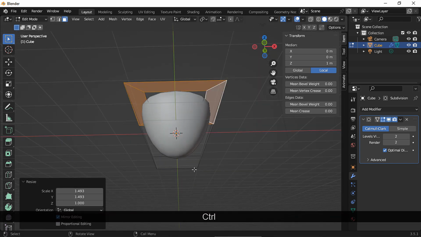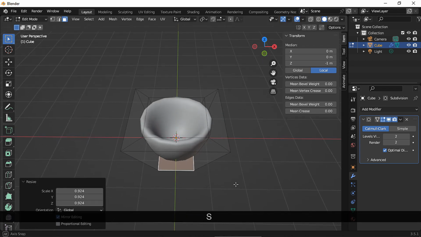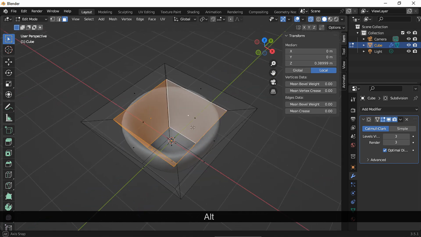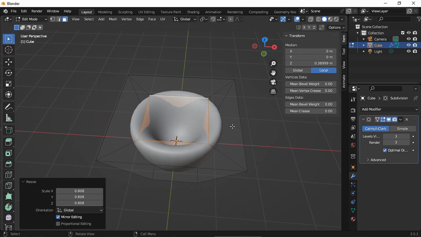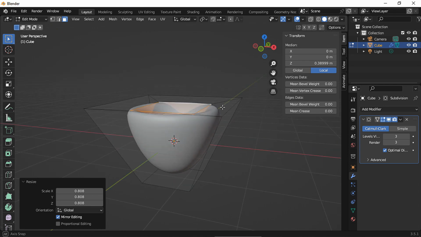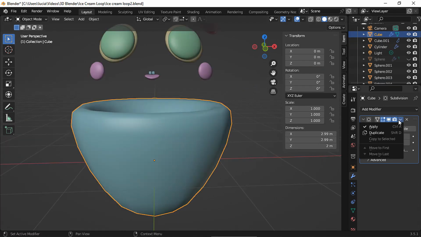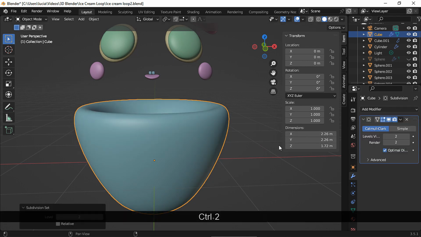Let's go back to this bottom face and scale it down a bit. Like I said at the beginning, Alt-Z to enable X-ray mode, and Alt to select this face loop that's on the inside, and scale down. To create the top part of this cone, go back to Object Mode and apply the Subdivision modifier. I'm gonna add a Subdivision modifier to keep my model smooth, and since we applied that first Subdivision modifier,